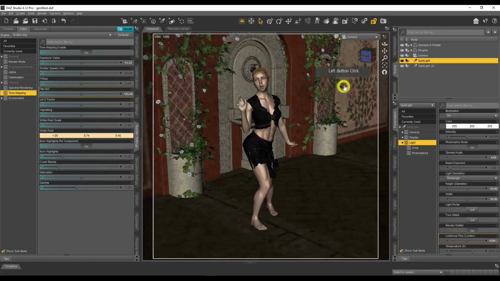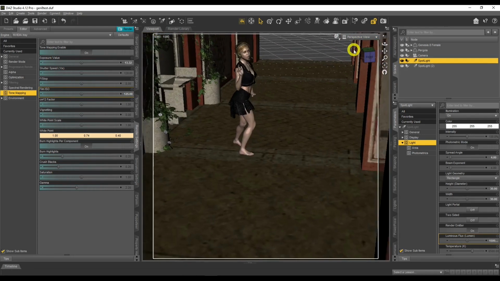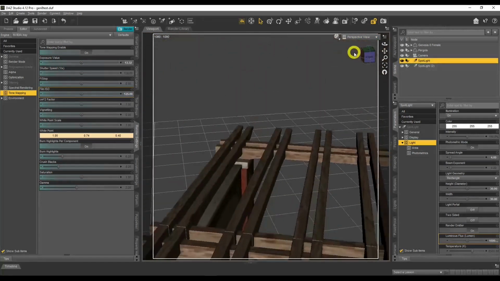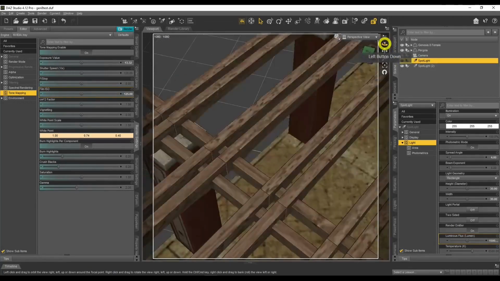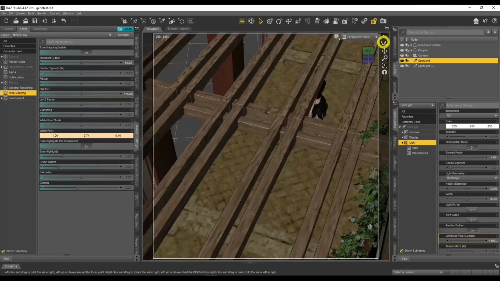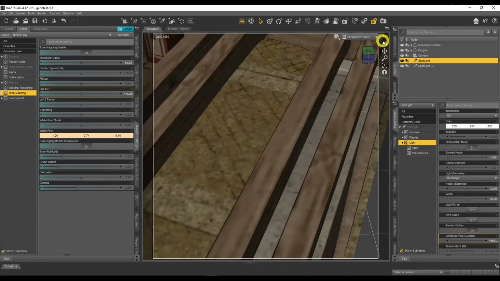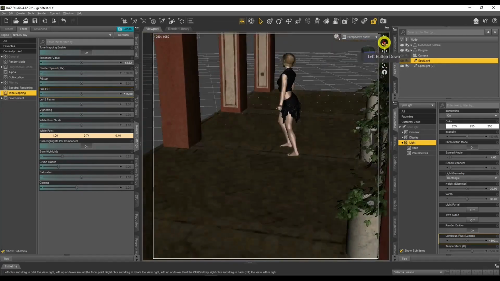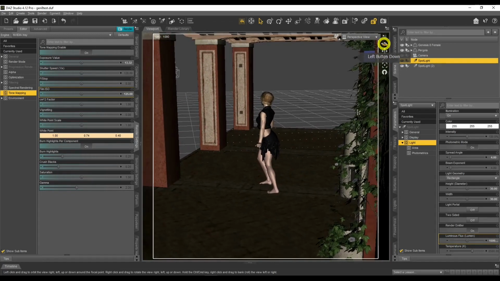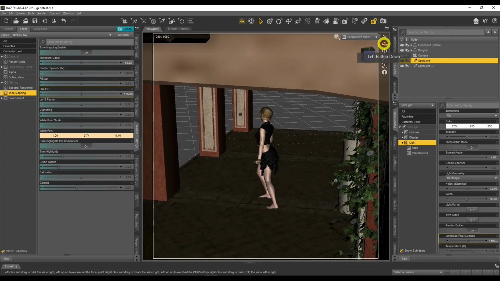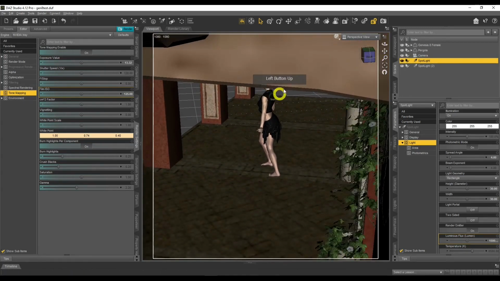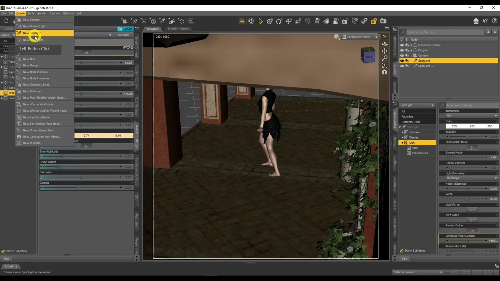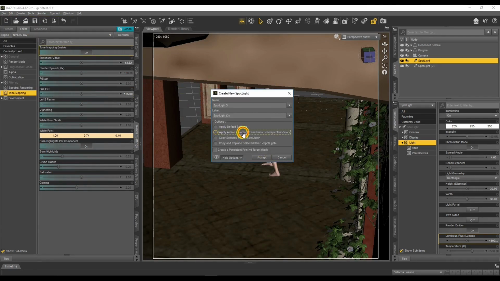So let's go to texture shading mode. Let me add another spotlight. Let me just position my perspective view. What I want to do is put the spotlight in roughly the same position. So actually I might have it somewhere around here, yeah, somewhere around here is fine. It doesn't need to be exact, and we could use this to block out some of the light, which is a great idea. So again, create new spotlight,